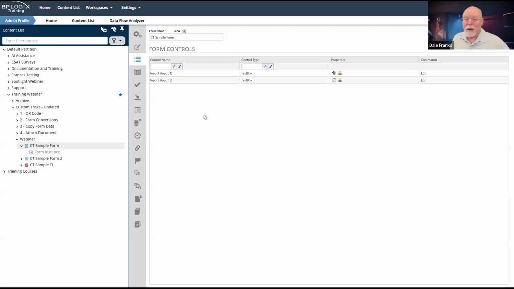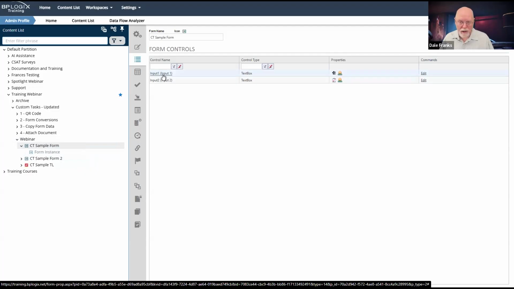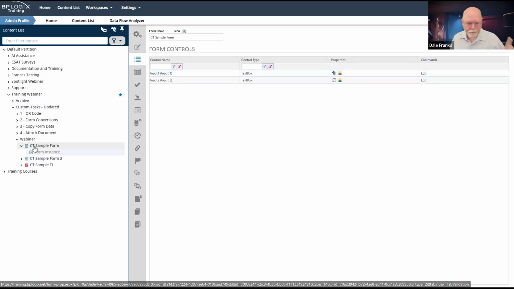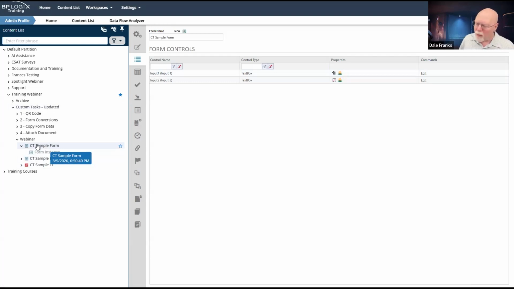So there are some times when, rather than using the copy form data CT, you shouldn't use it. Actually, you should use field synchronization because it gives you a much tighter, much more strict, and much more reliable method of synchronizing data and keeping the data the same across multiple forms in a process. Copy form data doesn't do that. It just copies data as is at a given point in time. Then it forgets those forms ever exist, never gets called again, and whatever happens to the data happens.